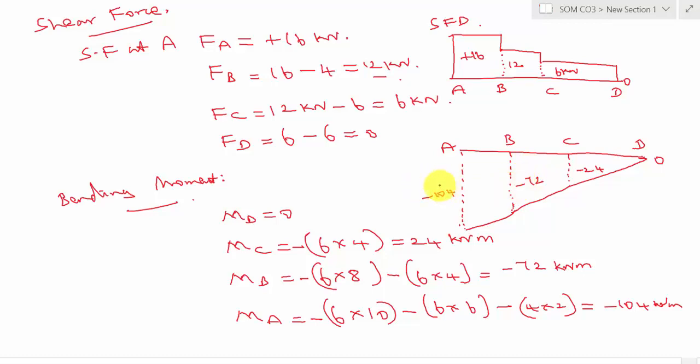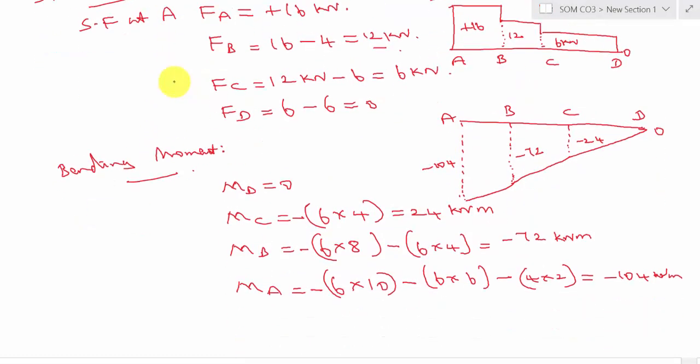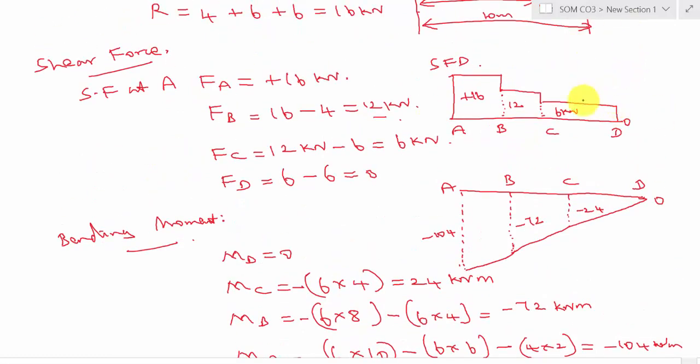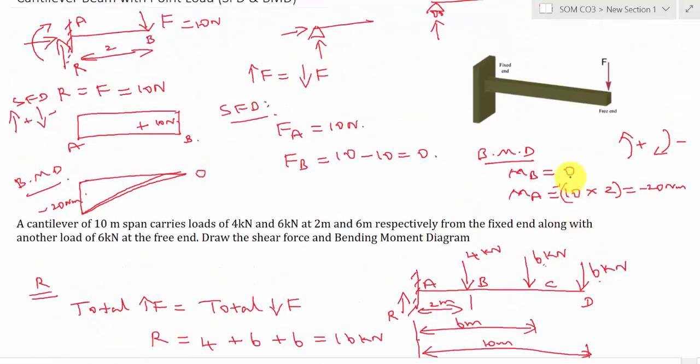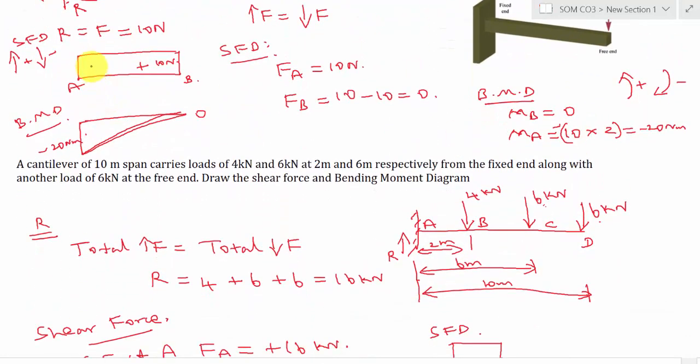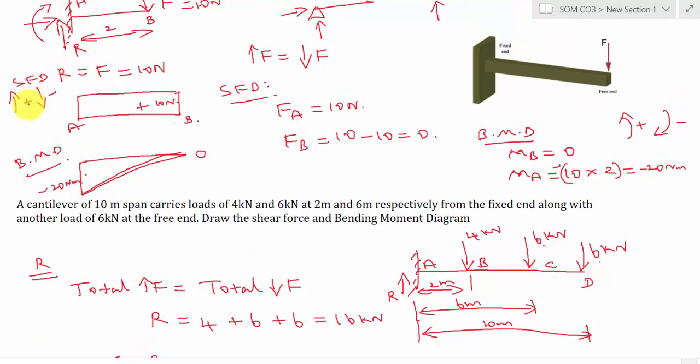Okay, so now we have calculated the shear force and the bending moment and we have drawn the shear force diagram and the bending moment diagram. Okay, so it's very simple. The only thing we have to remember is for a point load, the shear force is a horizontal straight line and the bending moment is an inclined linear line. And for shear force, upward is positive and downward is negative. And for bending moment, counterclockwise is positive and clockwise is negative. And for shear force, you have to start from the left side, and for bending moment, you have to start from the right side. Thank you.